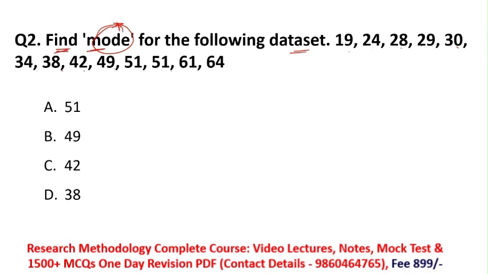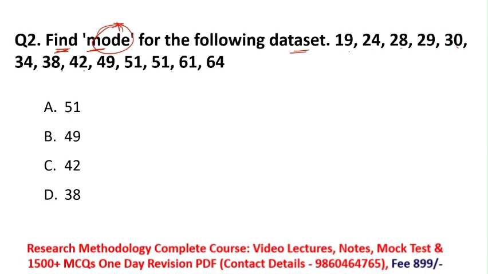As you all know, mean, median and mode are the measures of central tendency. For solving this question, you should know first of all the meaning of mode. So what is mode? Mode is the value in your data set that occurs the highest number of times. That's it. Very simple question. The value which occurs the highest number of times in your data set or in your observations.